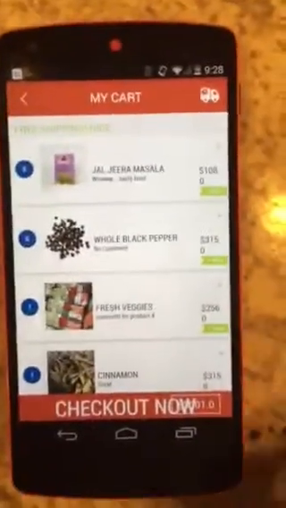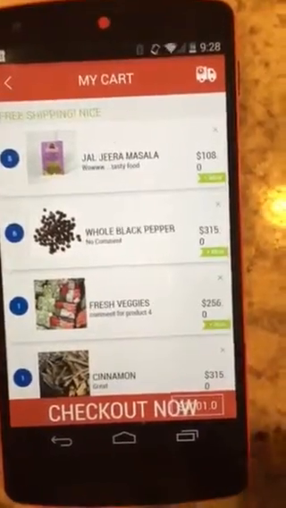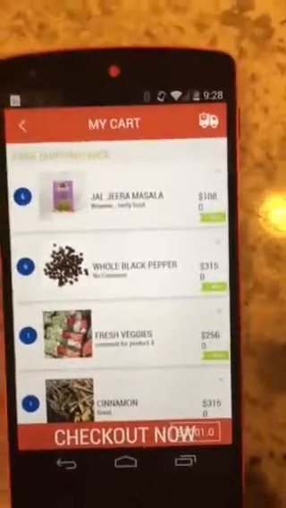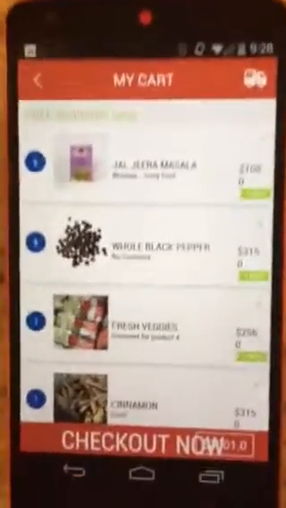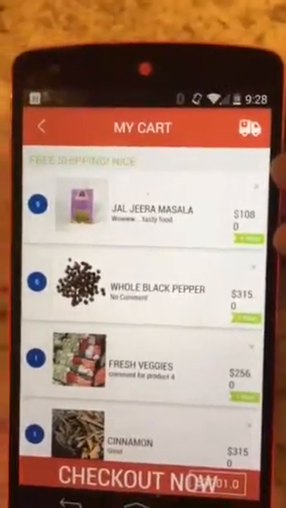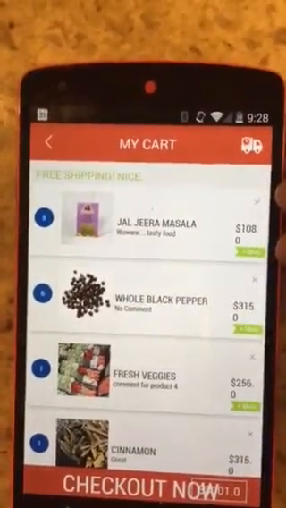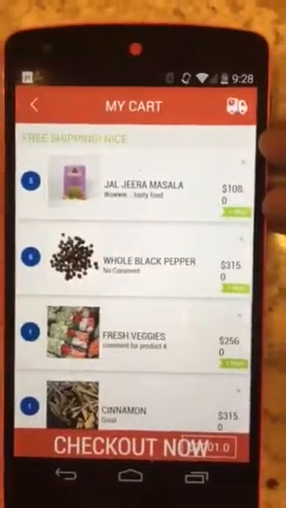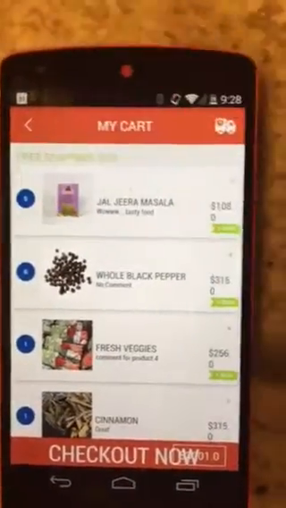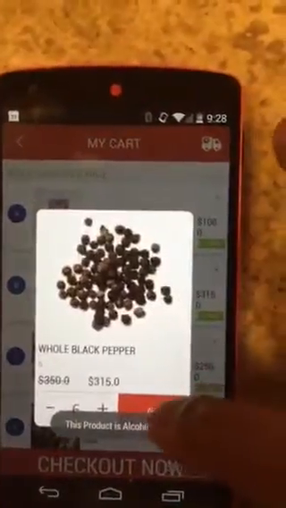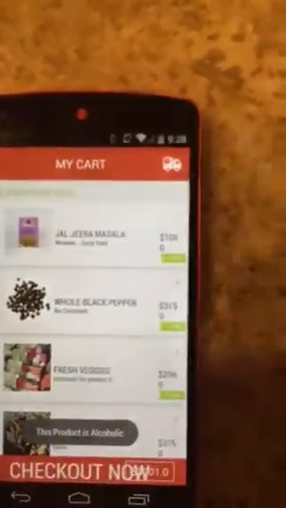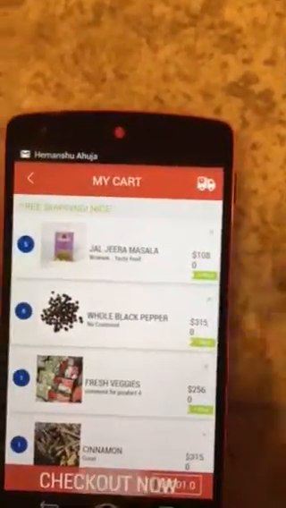So again, checkout screen size, sorry, the font should be lower, just like I explained earlier. I think you increased the size of each of the items way too much. Let's reduce the size a bit, just like what we had earlier. The size of blue is okay, and this actually works fine as well. Let's tap on checkout now.